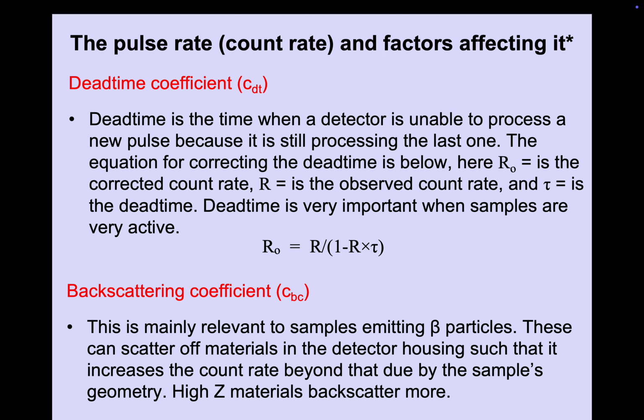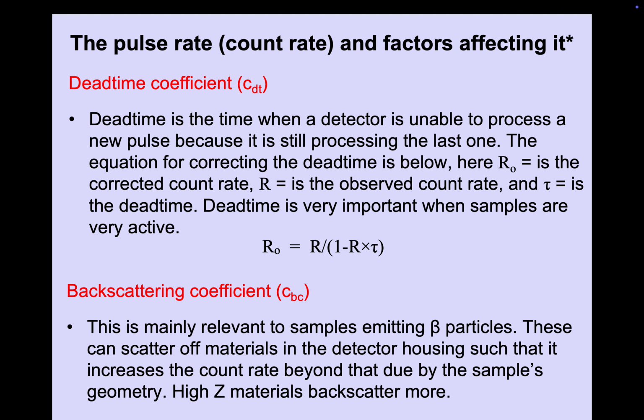The next thing that we need to take care of is the backscattering coefficient, which is C subscript BC. And this is really of primary relevance for beta particle counting and quantification. So essentially here we're worried about beta particles scattering from other atoms in the materials that surround the detector. So it really should only be the beta particles that are in the direct line of sight of the detector